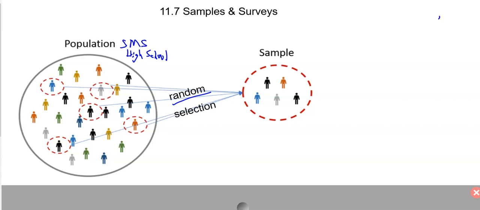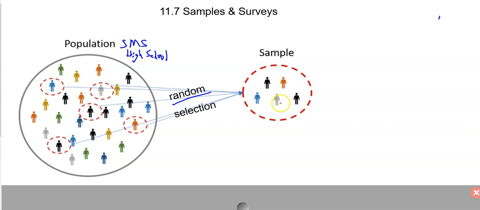Because different age groups may have different views on music. In this case, we can't separate by gender, but you could separate by just about any category. You could do it by honors classes, non-honors classes, all kinds of different ways. You could organize the students and then pick from those groups randomly. And that's just called a sample.